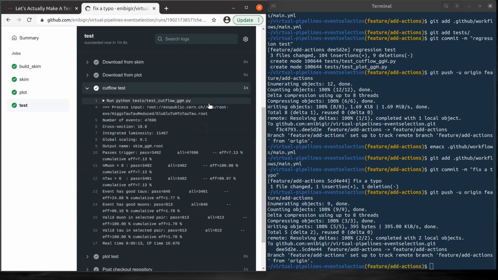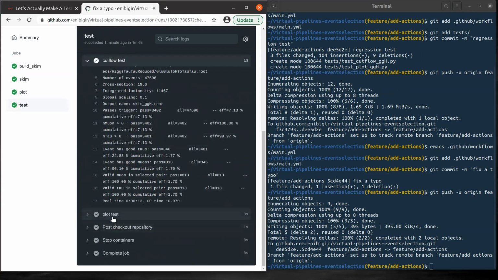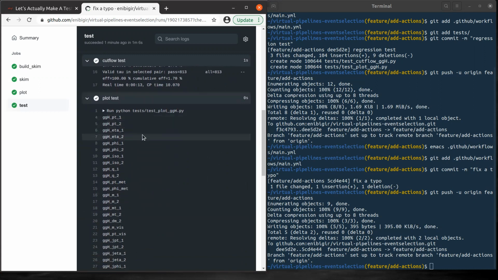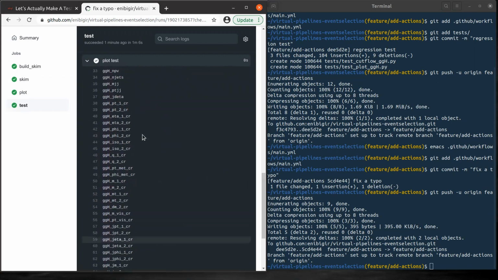Great. Then we can also look at the cut flow test. If you remember well, we were testing if the results are what we expect. And this actually could be a test of physics. Maybe you know some expected value from your data set. So if you have something different from what we expect, maybe you should be careful, something has changed, and then make sure and fix that accordingly. We also have the second test here to check if all required plots are there, and it seems everything is in place.